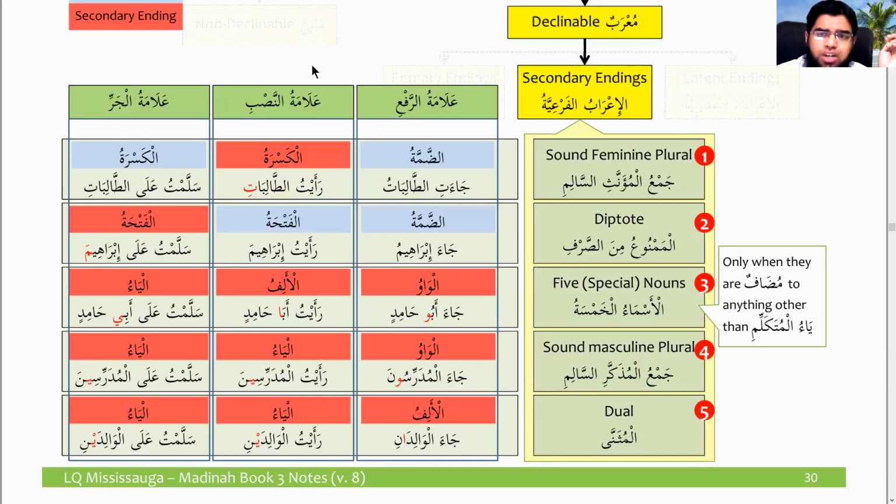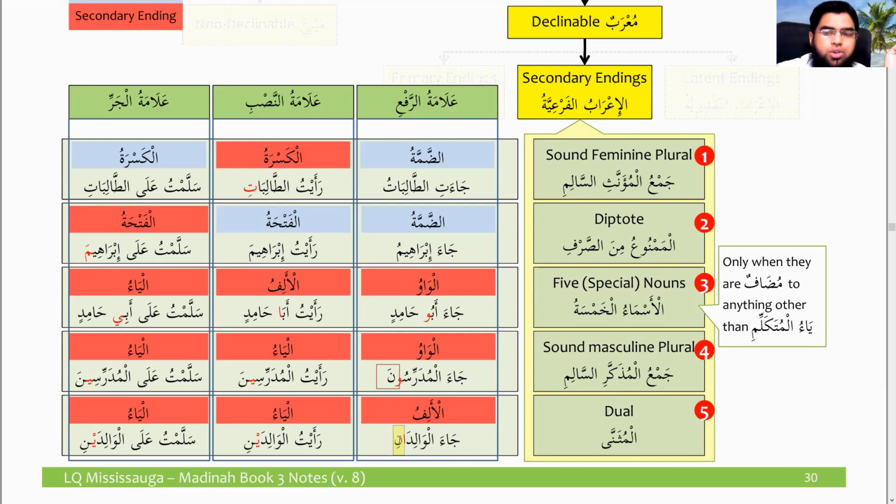Jal mudarrisuna. What is this noon then? It's called iwad un tanween. So it's like tanween has gone, so it left here. It's a substitute for tanween, because a noun should have tanween, right? Mudarrisuna. So this is called a substitute for tanween. Instead of having tanween, they put a noon, because you cannot say mudarrisun. You cannot find it out, right? So they put the noon and made it mudarrisuna.